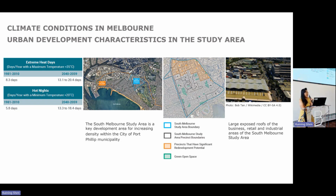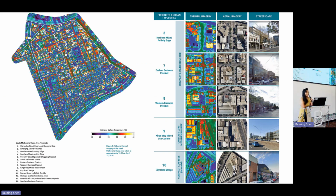And on the right side, you can see the very large exposed roofs of business retail industry areas in this study area. Very large block of buildings and dark roofs and wide streets without trees or with little trees. So then you can see the matter because